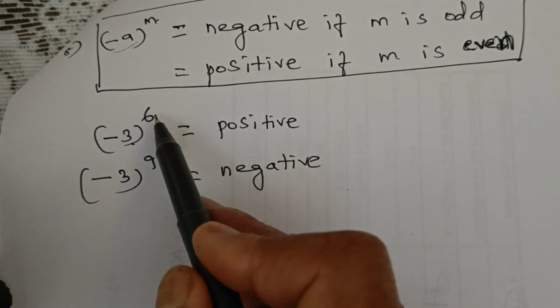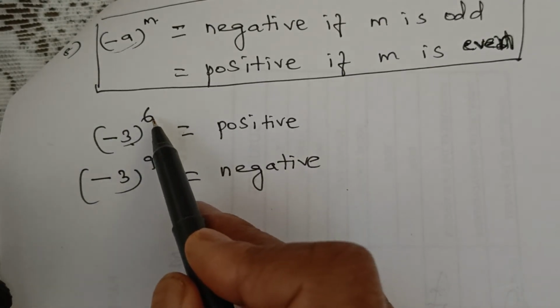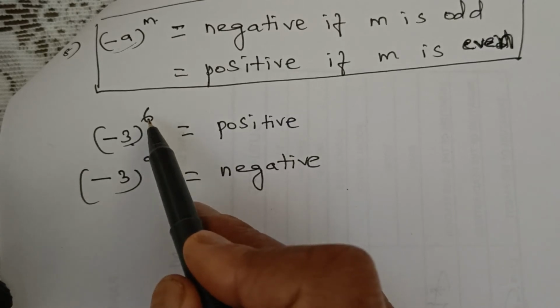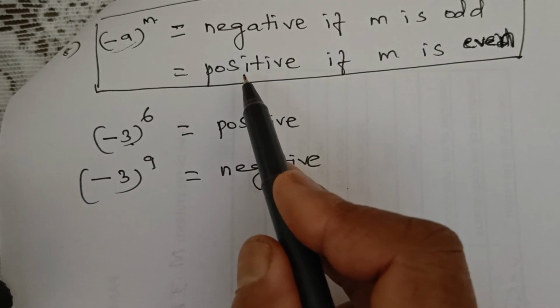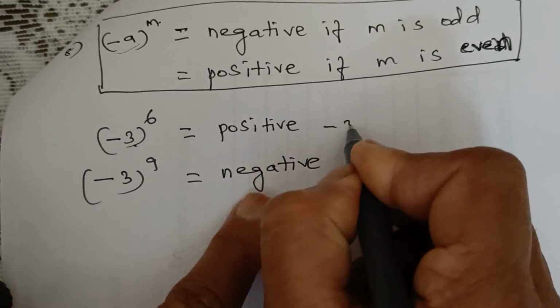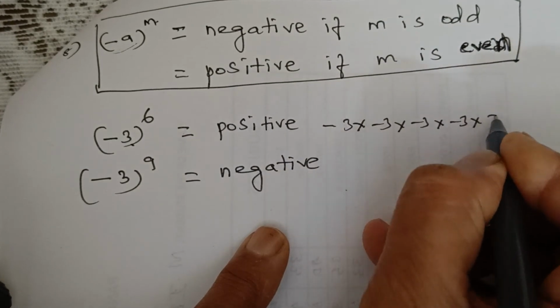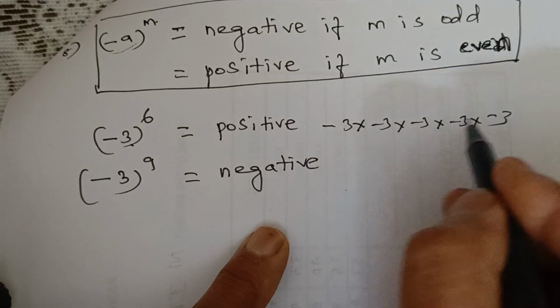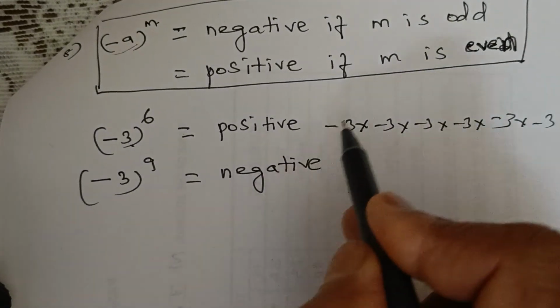Minus 3 the whole power 6. First look at the power, whether it is an even number or odd number. What is 6? 6 is an even number. So if the power is an even number, your answer is positive. That means when you multiply minus 3 six times, minus 3 into minus 3 into minus 3 into minus 3 into minus 3, 1 2 3 4 5 6 times, you need not multiply